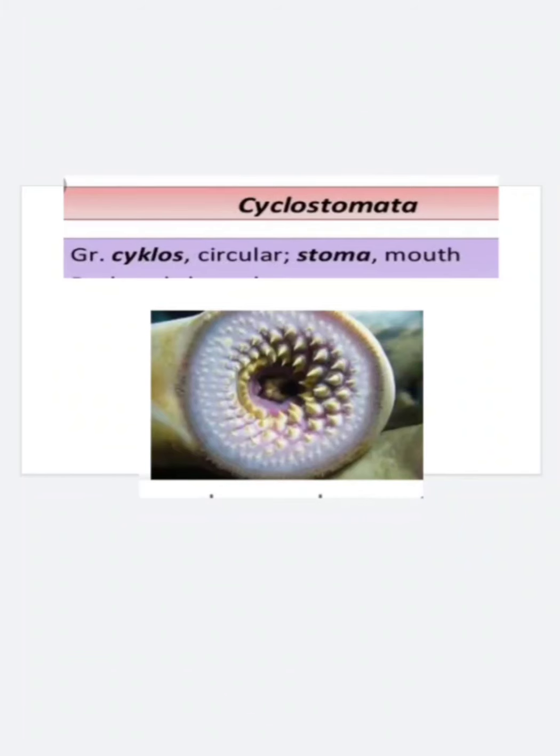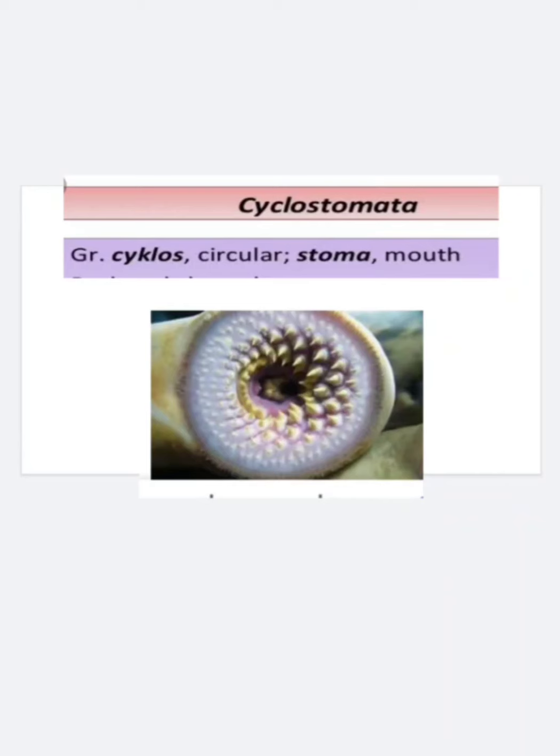Now our topic is Cyclostomata, which belongs to the phylum Chordata, in which it belongs to the subphylum of Vertebrata. And these cyclostomes are poikilothermic animals, that is cold-blooded animals, and these are actually jawless vertebrates, hence they